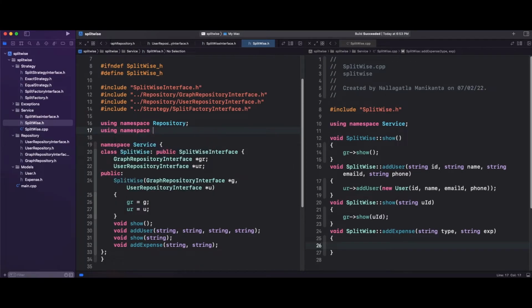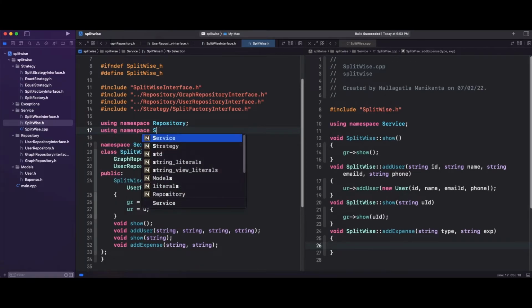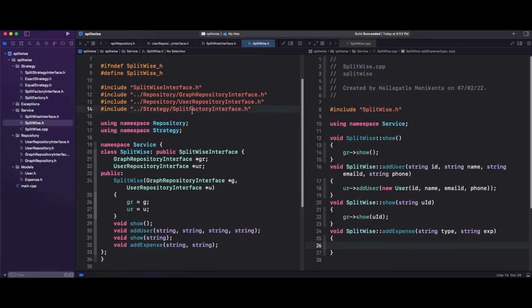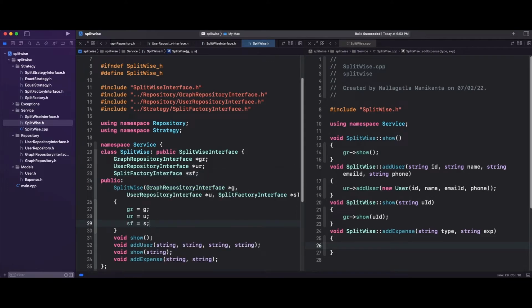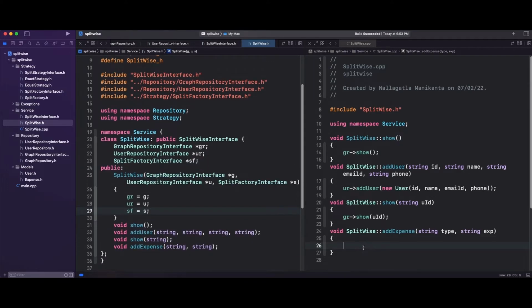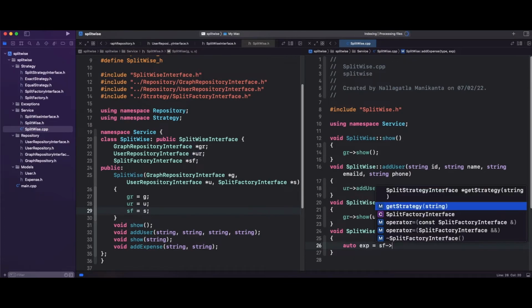Then using namespace strategy, split factory interface with the split factory. Create split factory. Then I would get an expense out of,